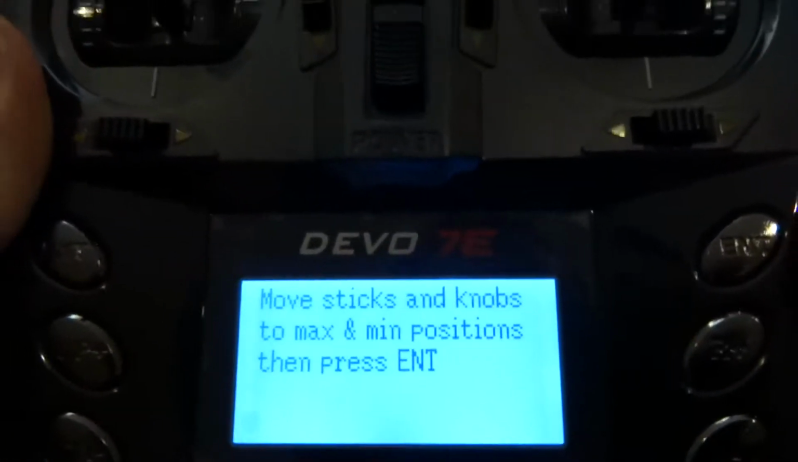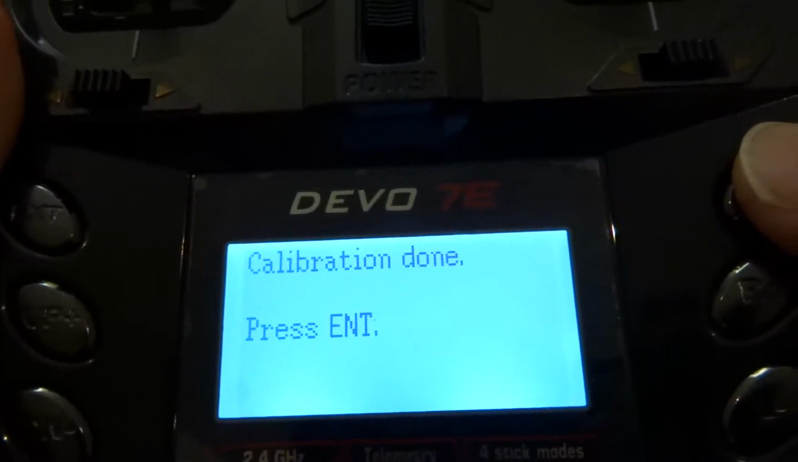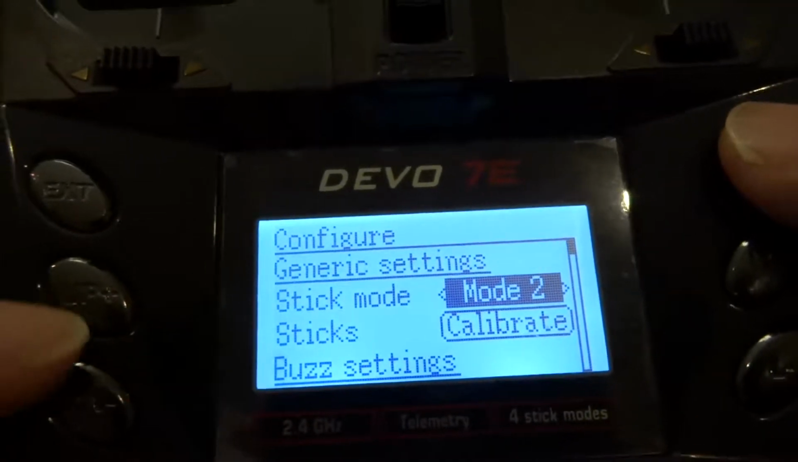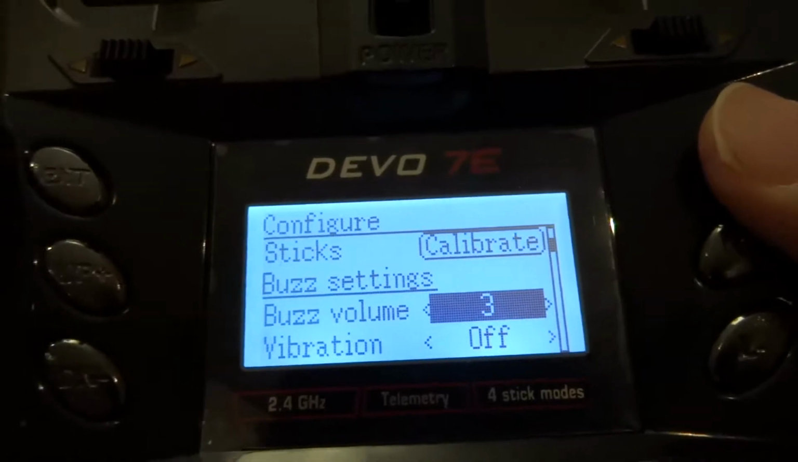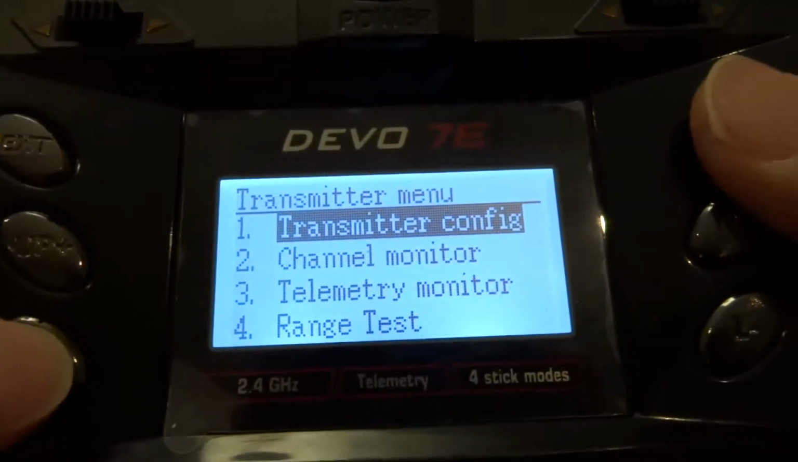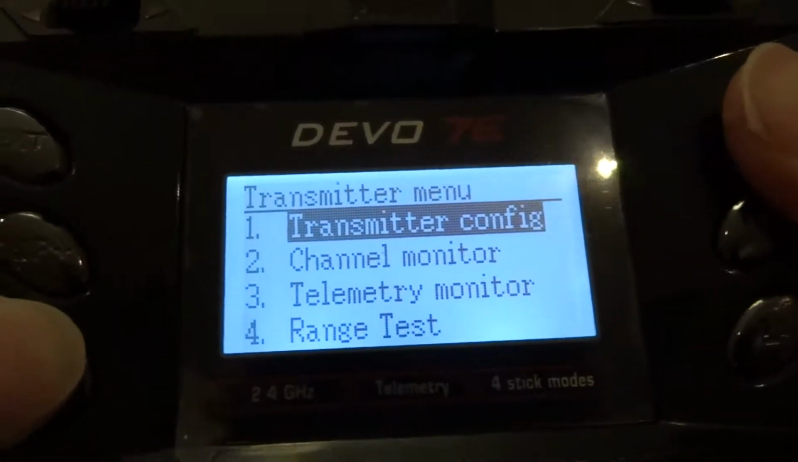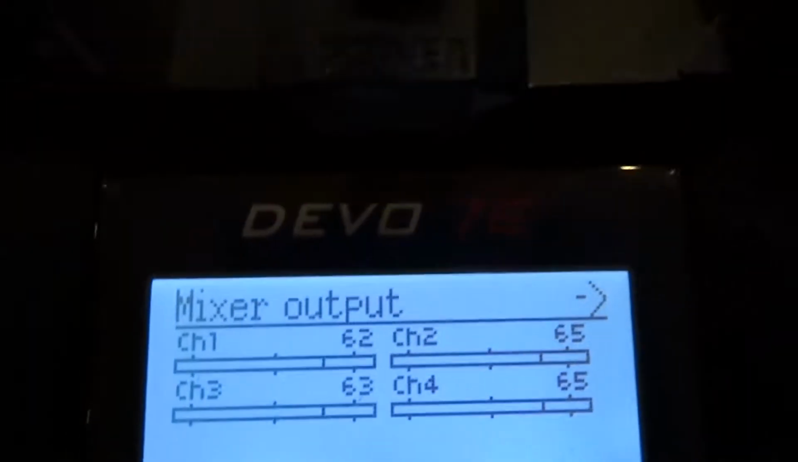Once that is done, you press enter. Calibration done, press enter. So the next thing to do, you need to check your settings, your channel monitor, and see whether all the channels are in the center. So go down to channel monitor, and if you look at the sticks,